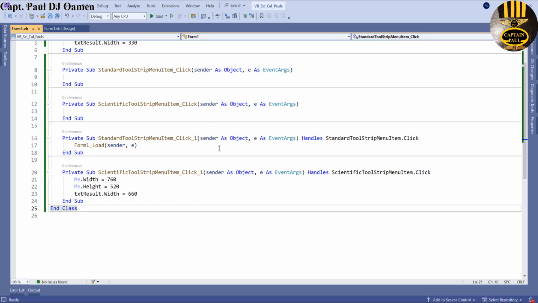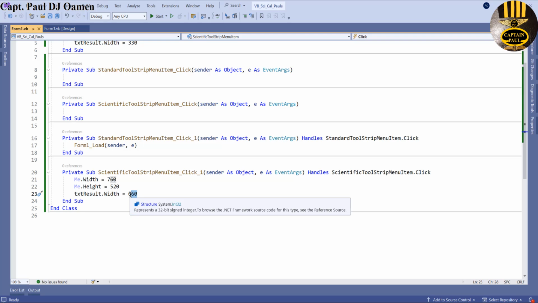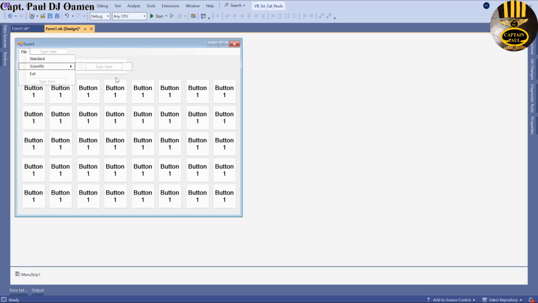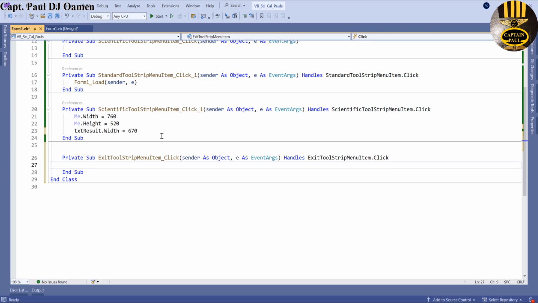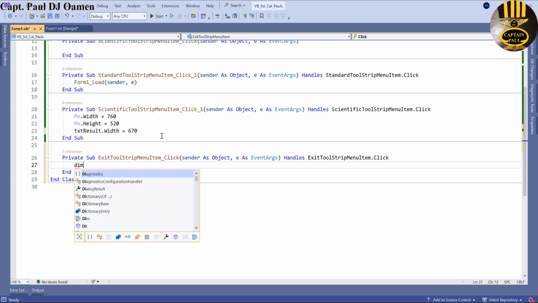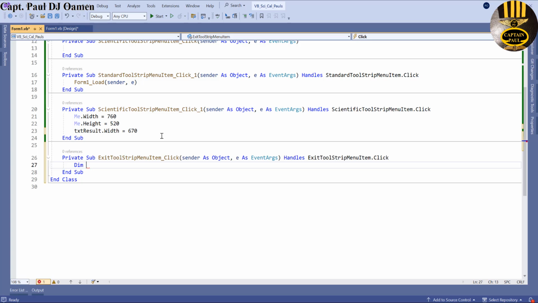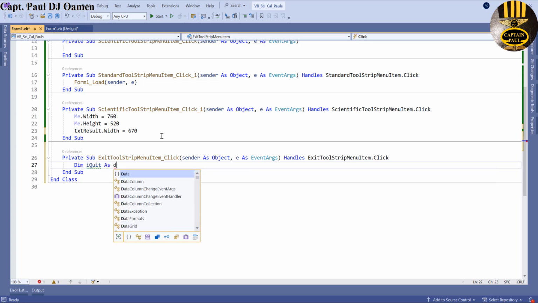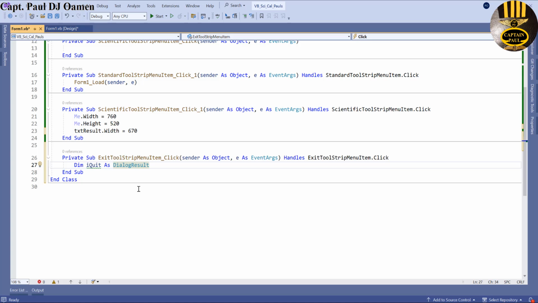Okay, let's take care of the exit. So scientific for the text box, I'm going to make that 70. All right, now let's double click on exit. So the exit, I'm going to say dim I quit as dialog result. There. So we now say